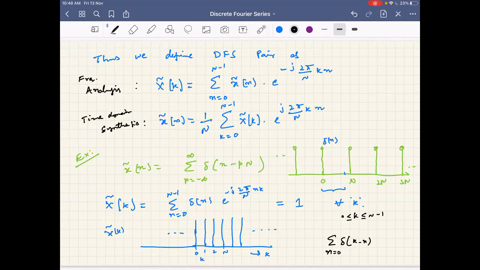Okay, just let me write this slightly differently. I will use a different running variable, R, just to differentiate between this n and that n. That is in the time domain. So your answer I will write here: delta of k minus r. Correct? This is what you got. Both are correct, right? What is the problem? This also is 1, right? So what does it mean? This also means 1 for all k equal to 0 to N minus 1.